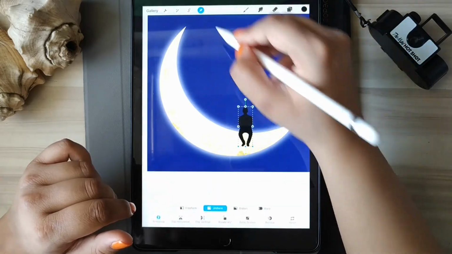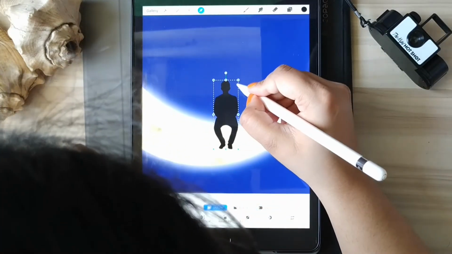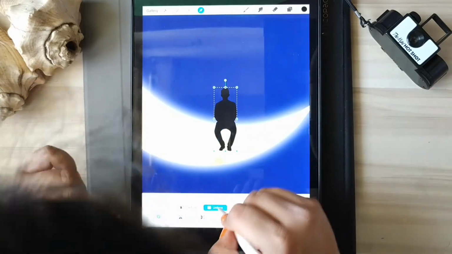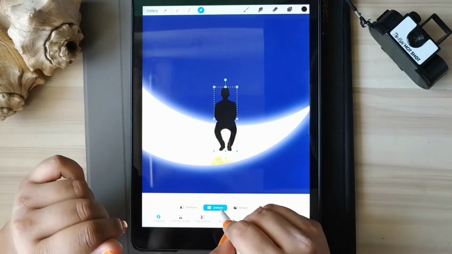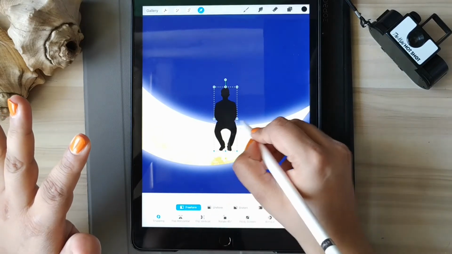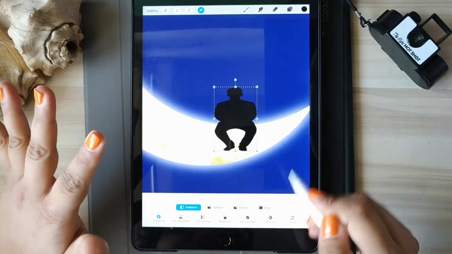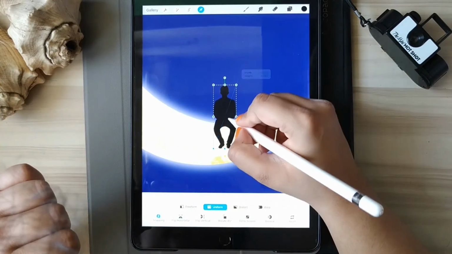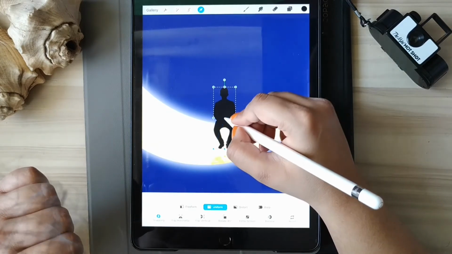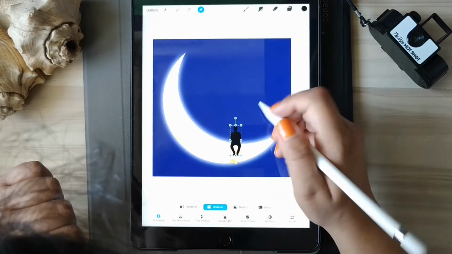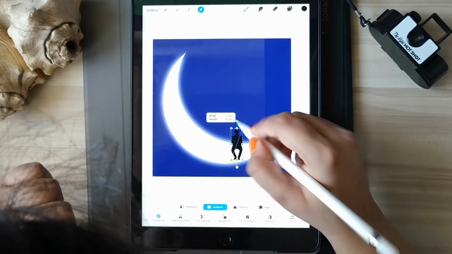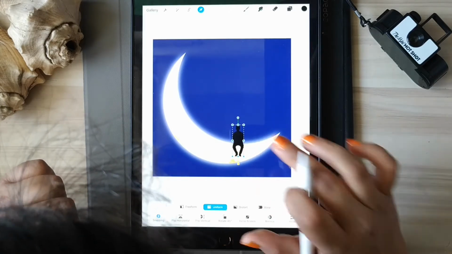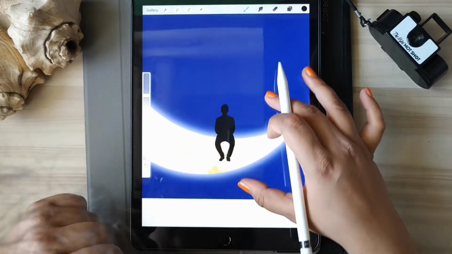Now let's go to the arrow menu and adjust him a little, make him a little smaller as I think he's a little too big. Make sure the uniform is on and the snapping is on. If you use something like freeform, it will distort like this. So be sure to select uniform and snapping so you get these guiding lines and your figure doesn't distort. Okay, let's adjust him. You can also use your fingers to move him around. I think it makes it easier. So let's move on.